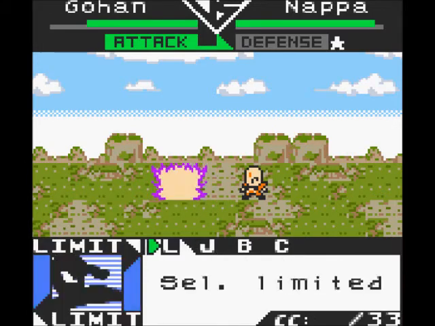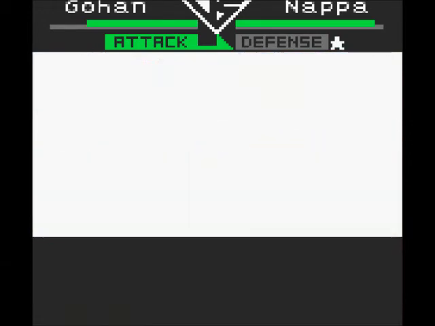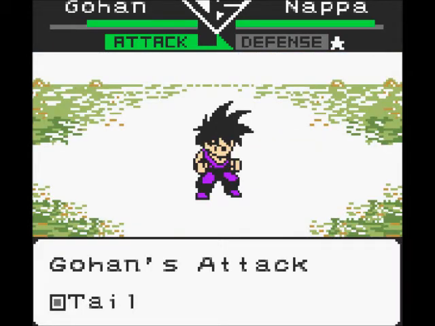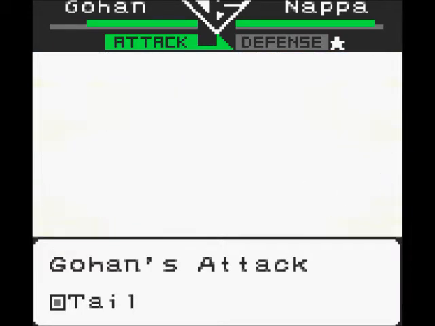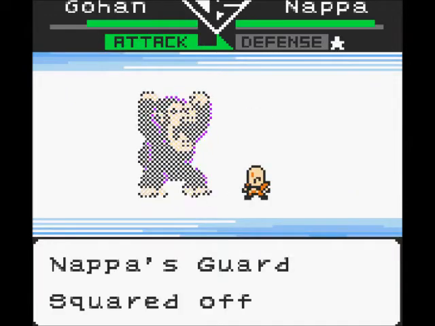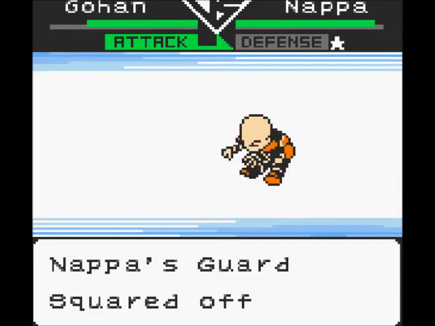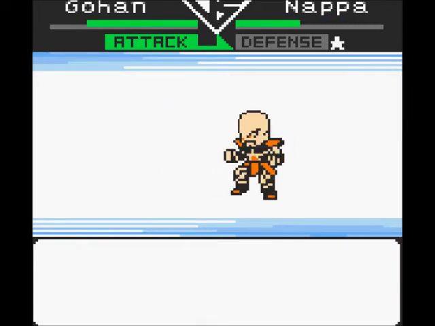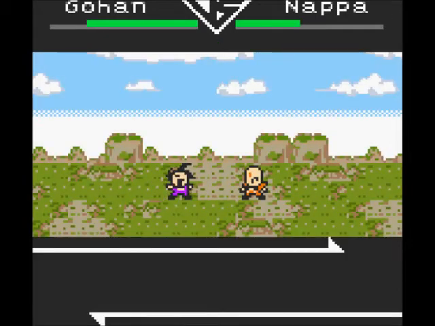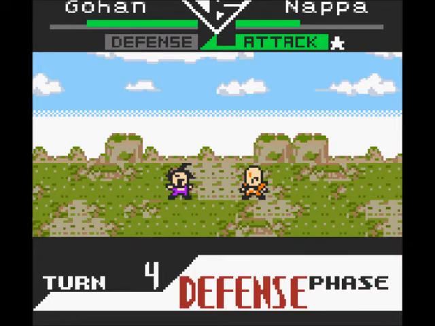He's good though. Alright, now I can lay on Nappa with my tail attack, which does quite a lot of damage, and he shouldn't be able to dodge it. So here we go. Monkey Smash! And that takes off a fair amount of health, to be honest. I wasn't expecting this to be a cakewalk, so...